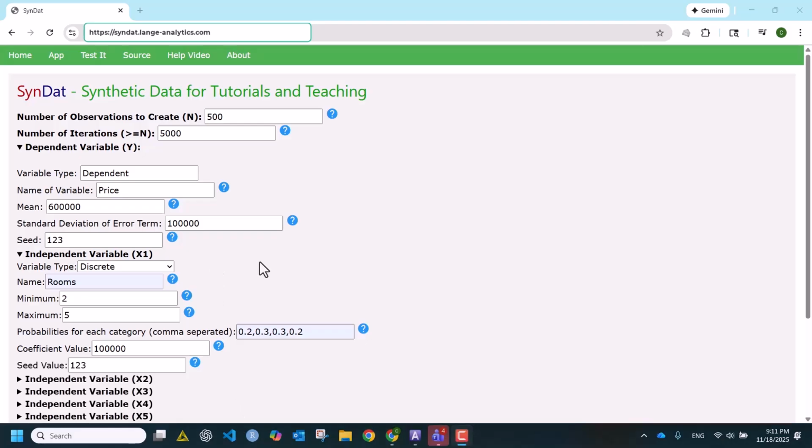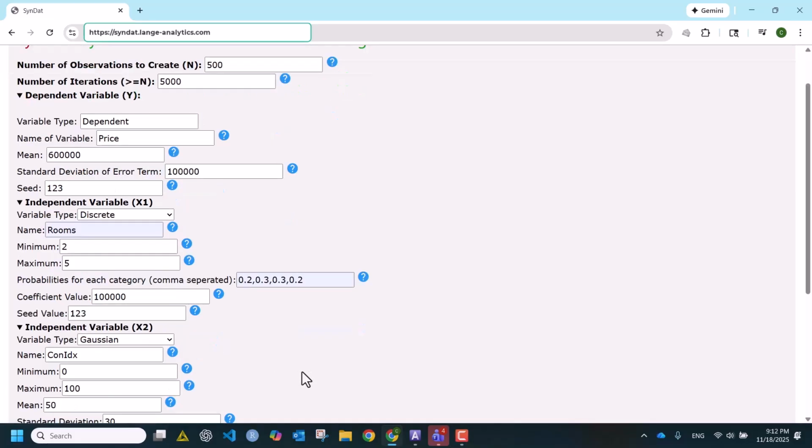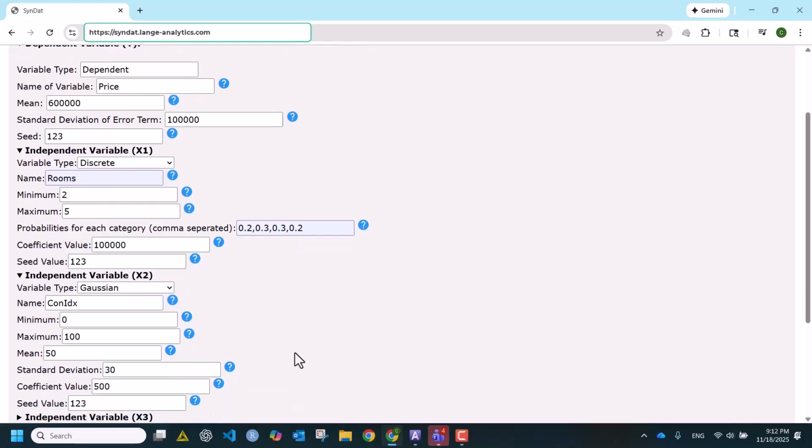Now let's look at the other independent variables. I have filled out the fields ahead of time to save a little bit of time. We have the condition index, which reflects the condition of the house. We use values between 0 and 100. The variable is normal distributed with a mean of 50 and a standard deviation of 30, which raises the question,